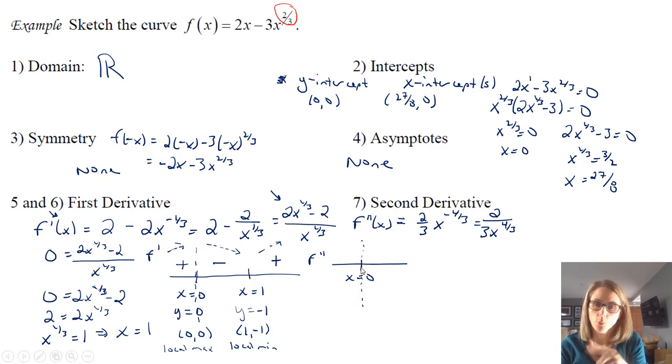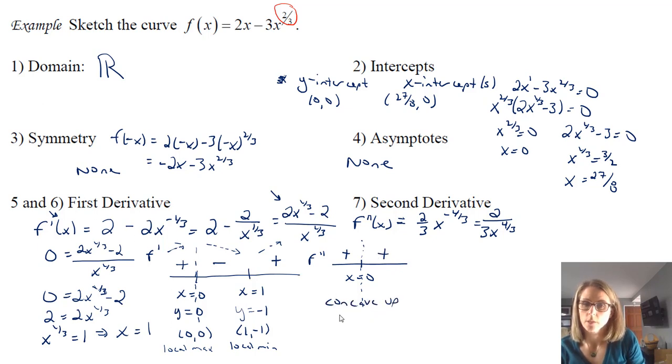So notice we're taking the cube root of something, raising it to the 4th power. So if I put in a negative number, the numerator of my second derivative is always positive. The cube root of a negative is negative, but raising it to the fourth is positive, so I have positive over positive, which is positive. So that tells me that we're going to be concave up. And then if I put in something that's greater than 0, like 5, positive over positive, so more positive. So in this case, concave up is going to be from negative infinity to infinity.